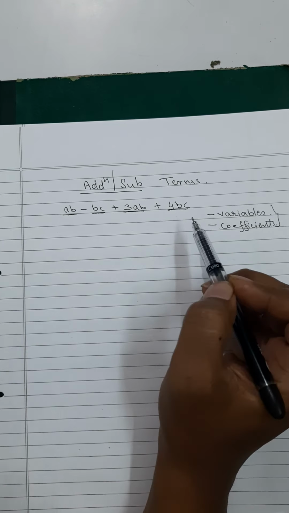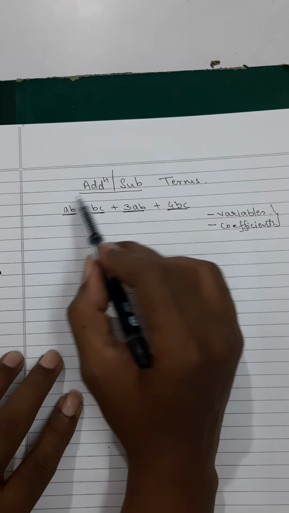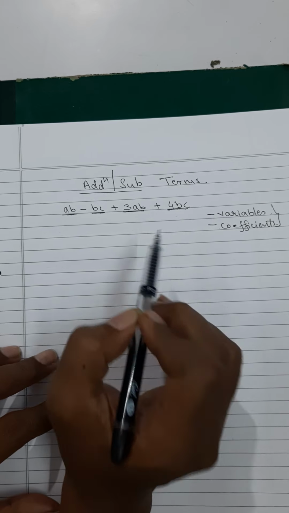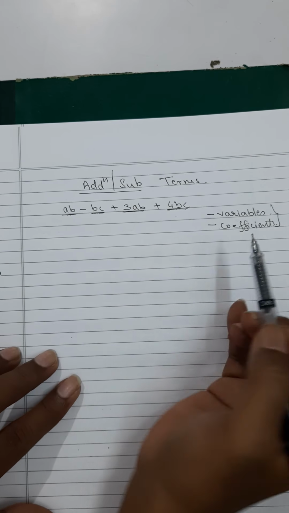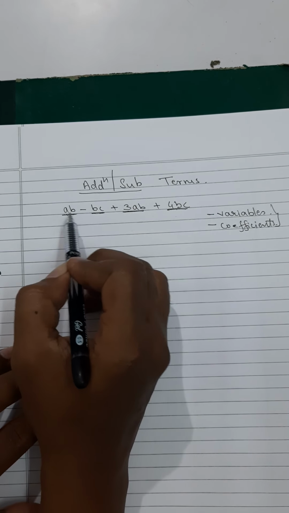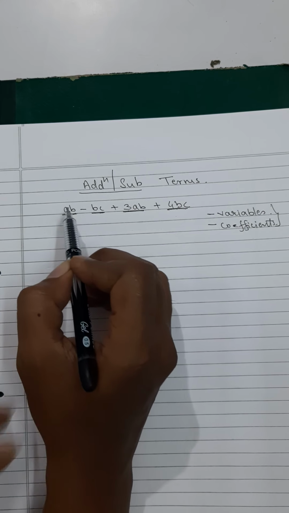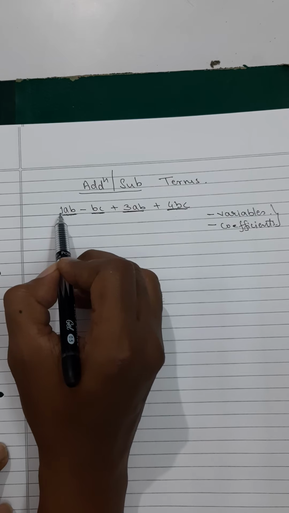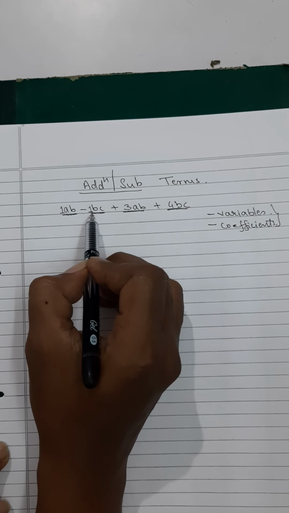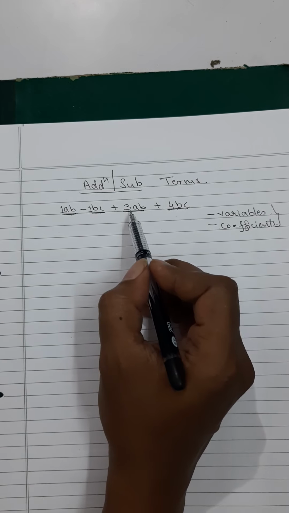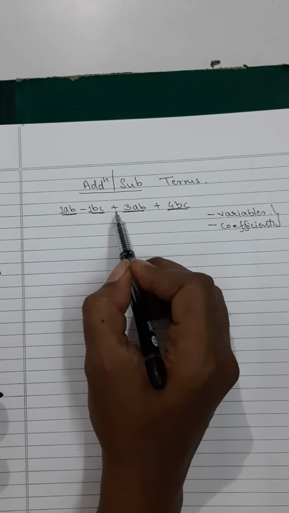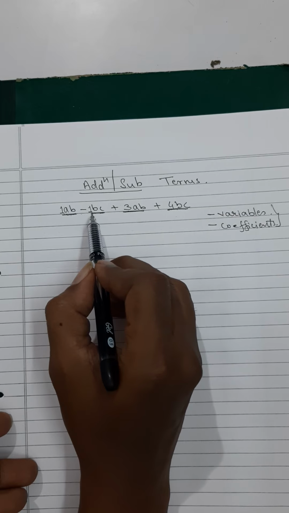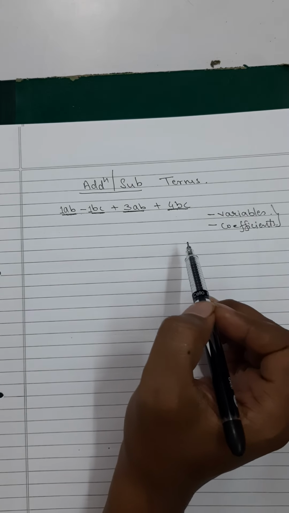My dear students, this is what an expression is. This whole thing is an expression which has 1, 2, 3, 4 terms. Terms are made up of variables and a coefficient. If there is no coefficient, that means the coefficient is 1. If there is a coefficient, in this case the coefficient is plus 3, in this case plus 4, in this case minus 1, in this case plus 1.